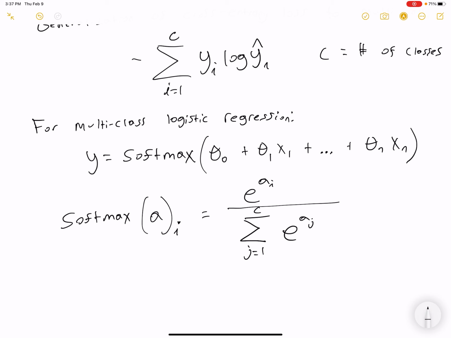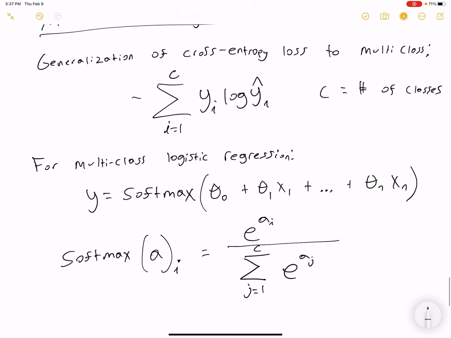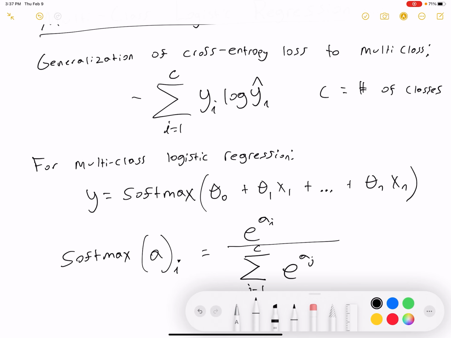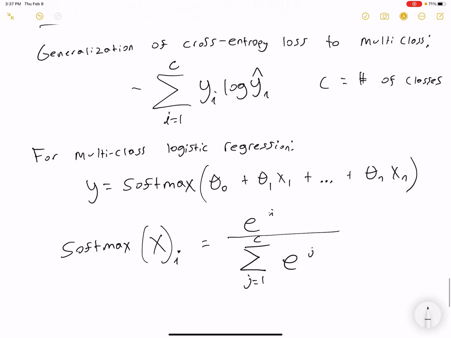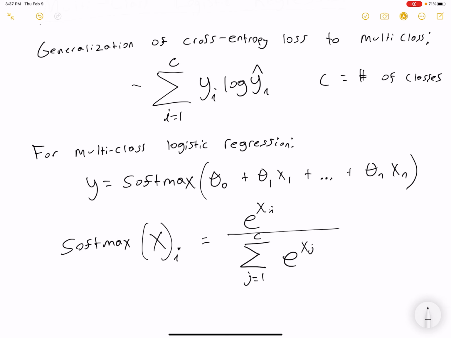So that's, in the top, e to the a sub i. I mean, it could be anything. My handwriting's hard to read, so I'm going to do it as x. Maybe that's easier to read. And it's kind of intuitive, just like with sigmoid, because you could see this equation's going to give a probability distribution: if you're summing over e to the power of all the outputted values and you essentially normalize by that, then